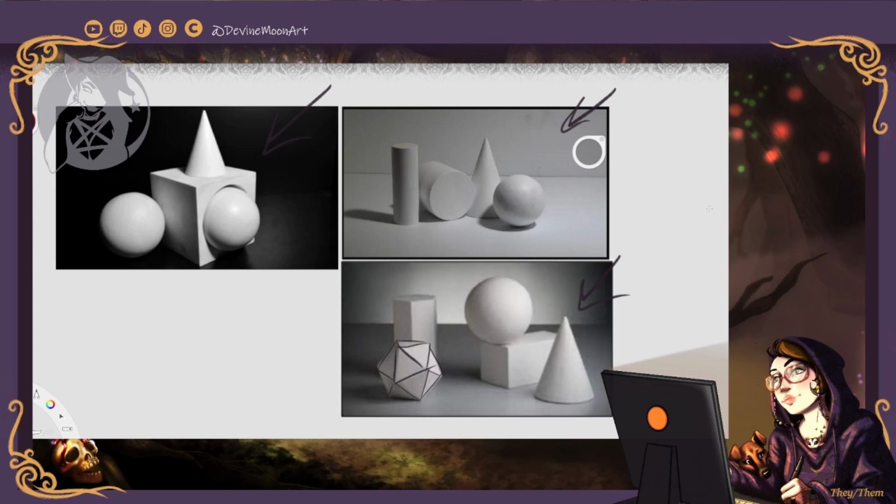So when doing a still life, one of my first tips for beginners is to take a photo of whatever the still life is that you want to practice on, print it out so that you can trace over top of the image. And I know the internet is very scary when it comes to the word trace, but as long as you are not tracing anything that is being sold, and that you are being very transparent that you did trace it